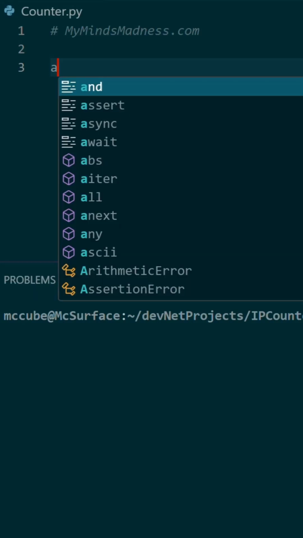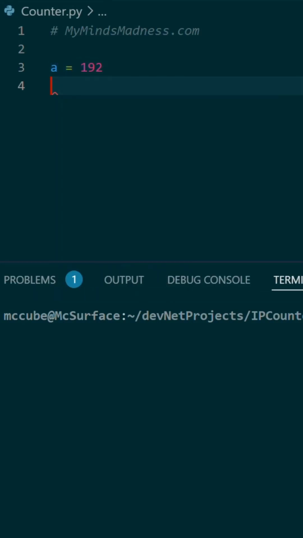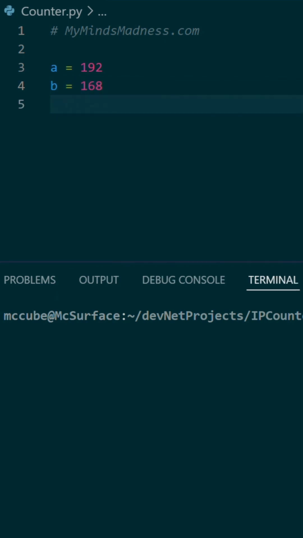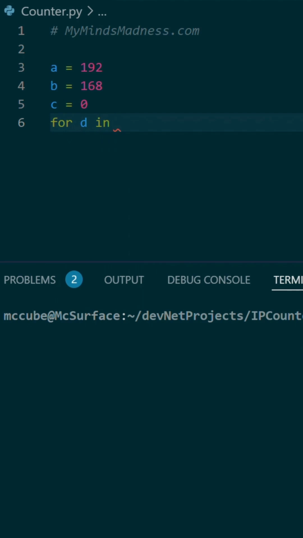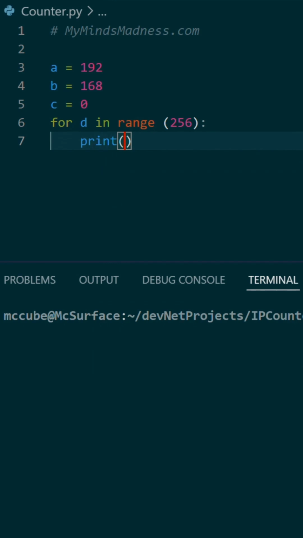Let's create a Python script as a network engineer learning to code. First, set the variable a to equal 192, b will equal 168, and c will equal 0. For d, we can use the inRange function, and for every value in the range of 0 to 255, we are going to print the string